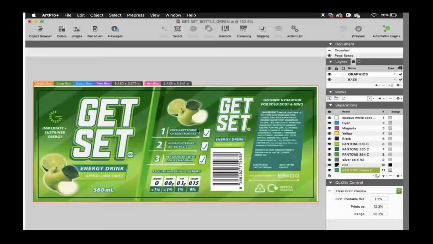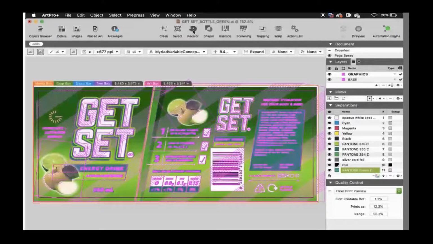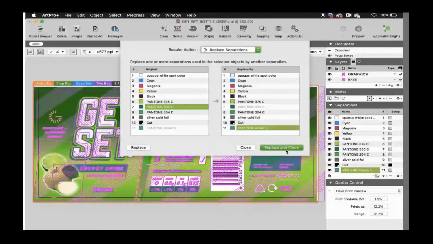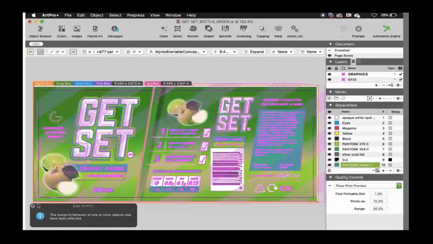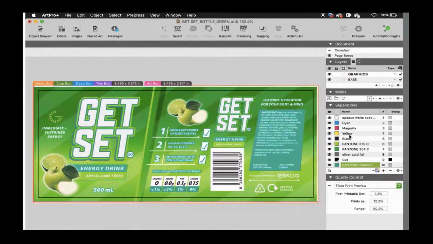For that, I'm going to select my color palette there and select replace separations. Pick my 335 Pantone to be replaced by the Pantone green. And as you can see, it did the job here, replacing every single element. What I'm showing here is that 335 is no longer part of my separation list because it's no longer needed. Instead, I have my Pantone green